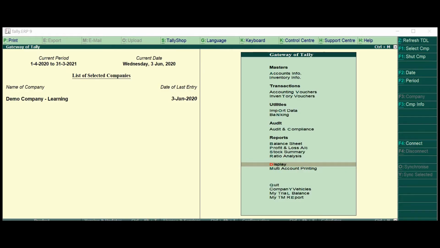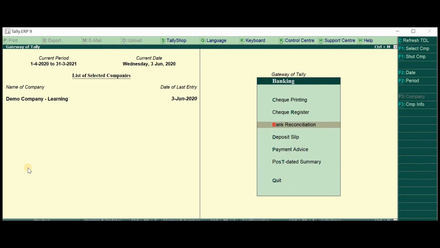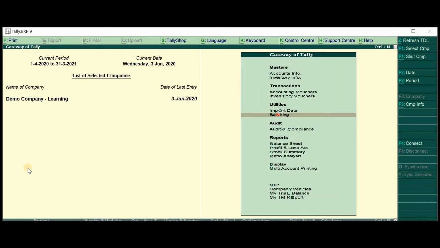Now it's time to learn Auto BRS. So what is Auto BRS? You may be aware it is a form of bank reconciliation that needs to be done. We'll do it automatically. So today I will show you what is the real automatic bank reconciliation.